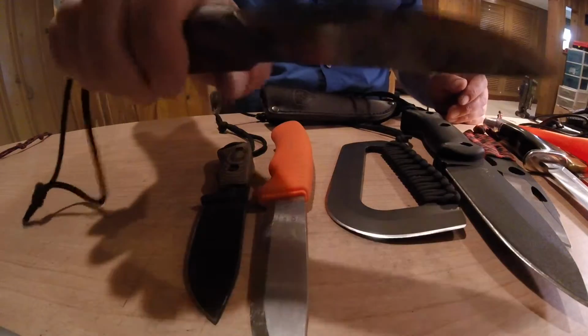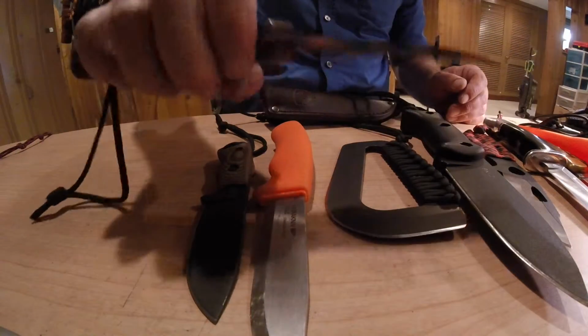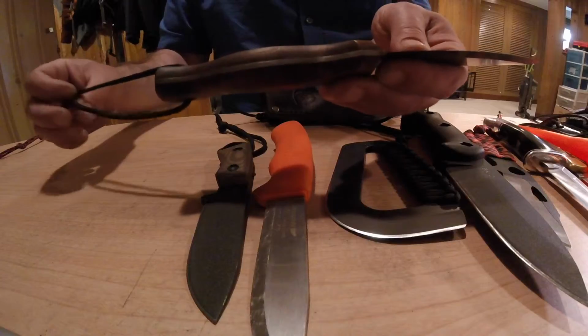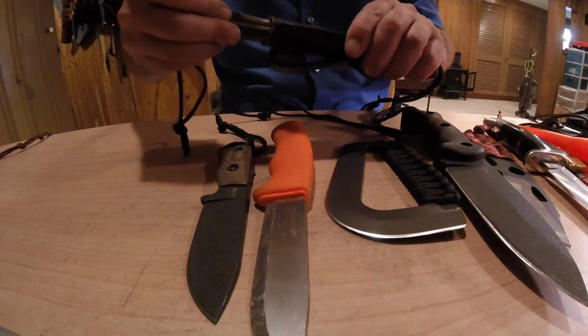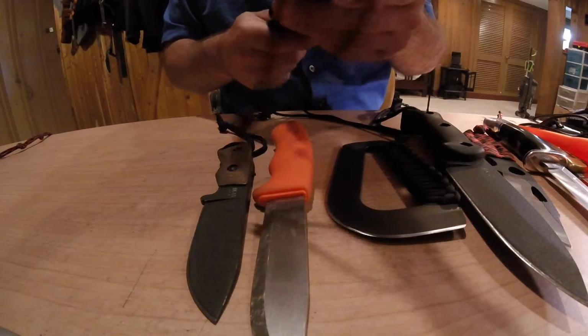Again, if I had to grab one knife, maybe. I've seen people do a lot of work with these. For the price, if you want to get into bushcrafting, this is going to be a great entry level. I mean, all of these. And this one comes with a nice leather sheath, so for that price and a nice leather sheath, like I said, I favor leather sheaths over,